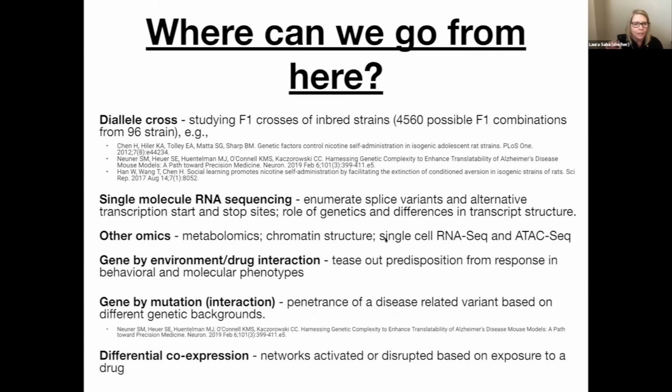I am so sensitive here. And so like Rob mentioned, with 96 strains, I have 4,560 possibilities. And that's if I don't care who was the mother and who was the father. If I switch and do reciprocal breeding and switch my mother and father, then I have over 9,000 possible F1 combinations from this panel. So you're not limited necessarily to 96 inbred strains because you can also utilize these F1